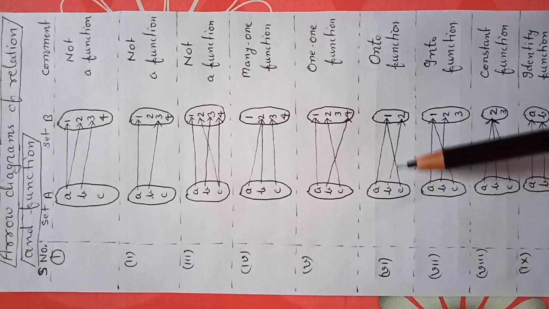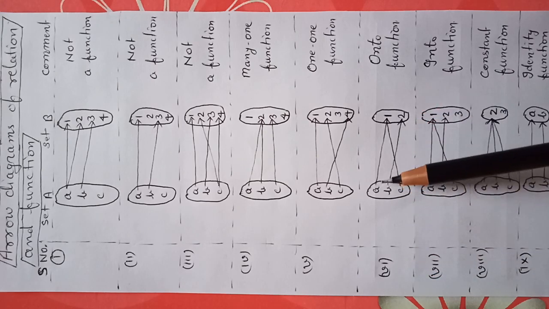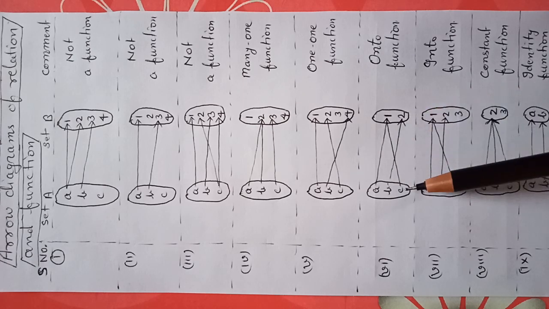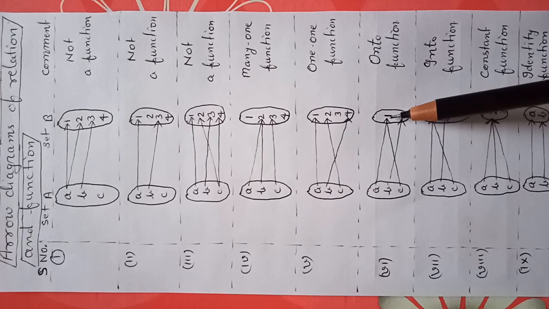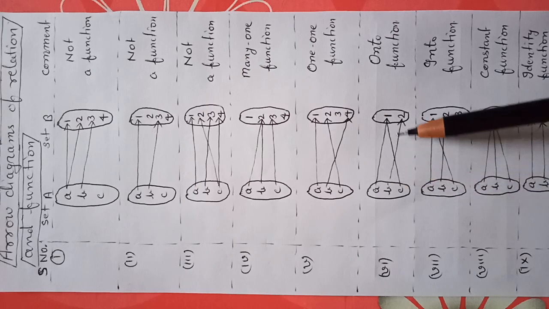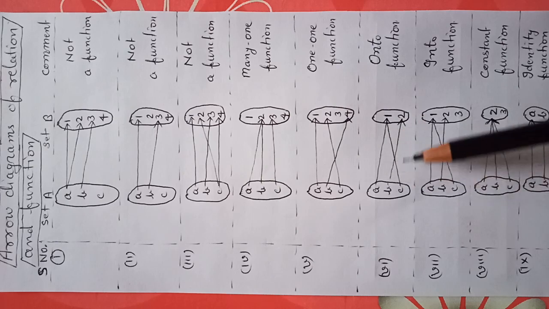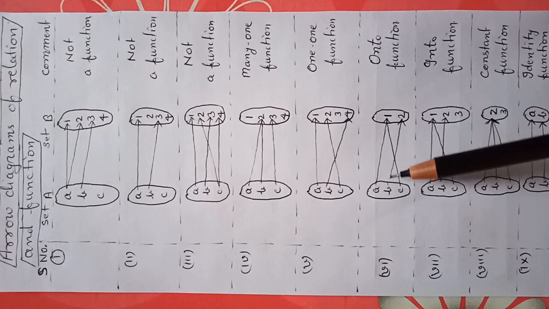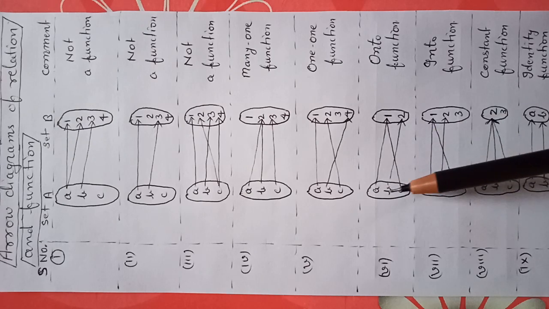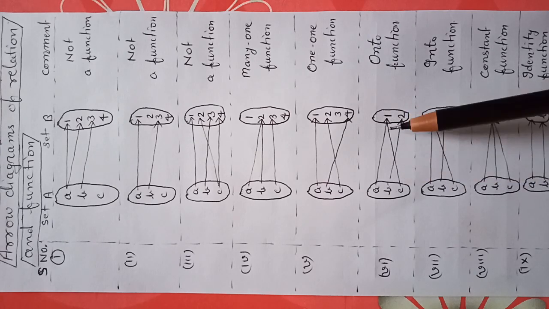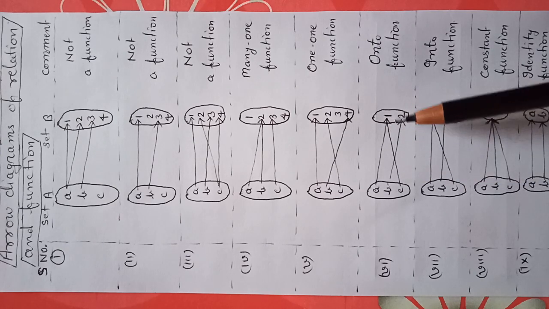Now, if we look at this example, here A is associated with 1, B is associated with 2, and C is associated with 1. Therefore, both the conditions are satisfied. Both the conditions of a function are satisfied. Therefore, it is an example of a function. It is also a relationship. Now, here two elements A and C have the same image. Therefore, it is an example of a many one function.